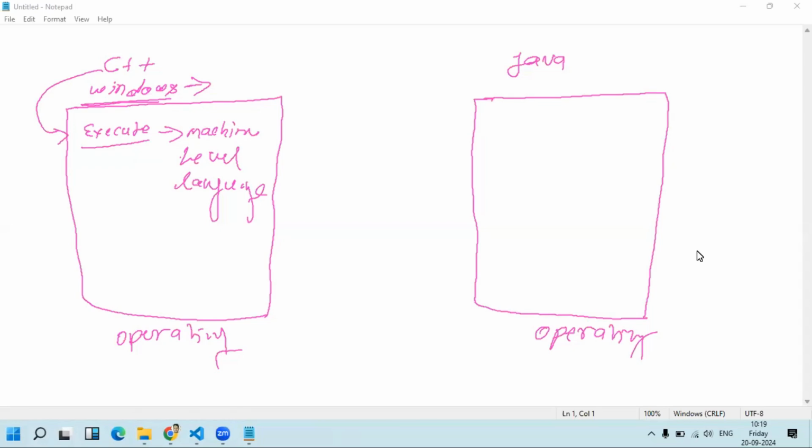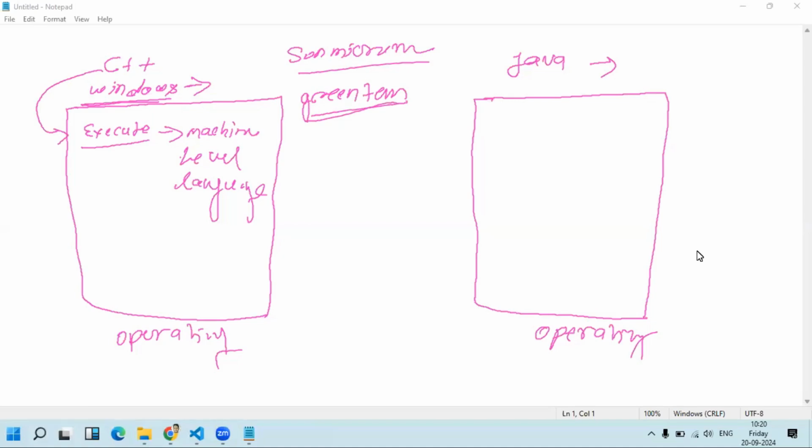So what did Java do? Java was developed by a company, Sun Microsystems, right? There was a team for developing new languages, known as the Green Team. The team name was Green Team, and they developed this Java. So what did they do differently in Java compared to C++, because these guys were working in C++, right?